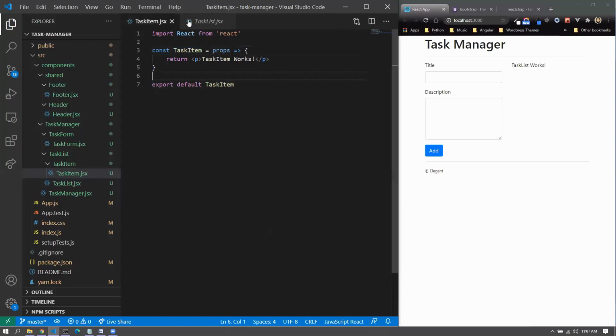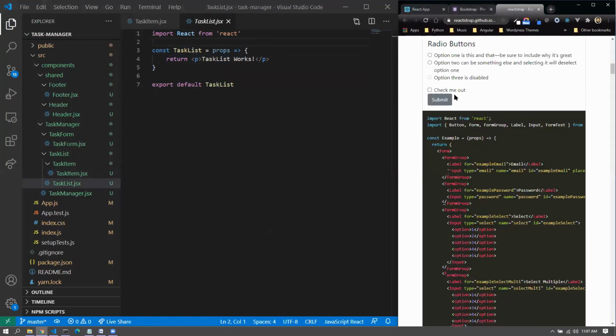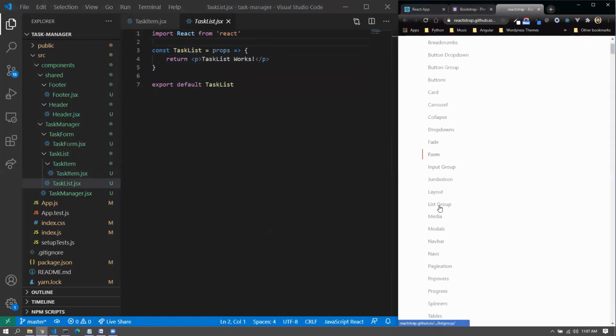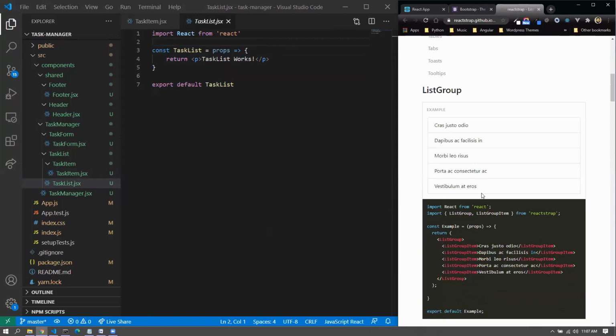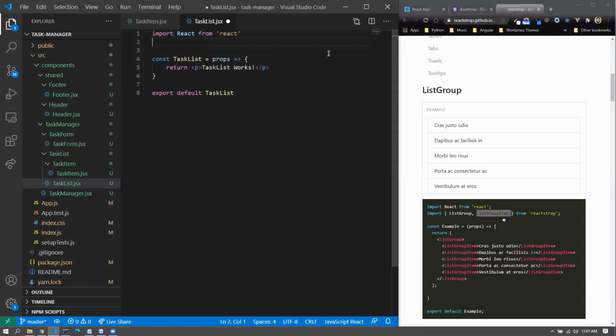All right, and we would like to import it inside the task list, and also the way I want it to be formatted, it's like a list group, which is this way. And we also need a button at the end, as a close button or a delete button. So I would import a list group in here. So task list would have list group, and the task item would have this particular list group item component imported. That is just because of the way it should be arranged. All right, so I would import,